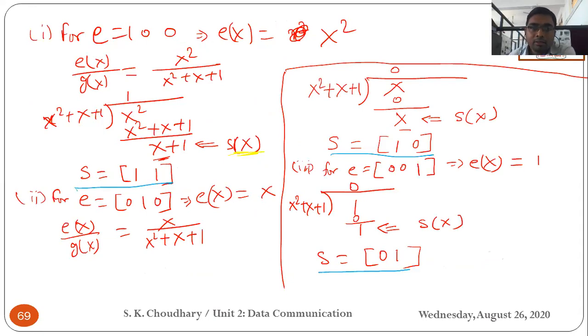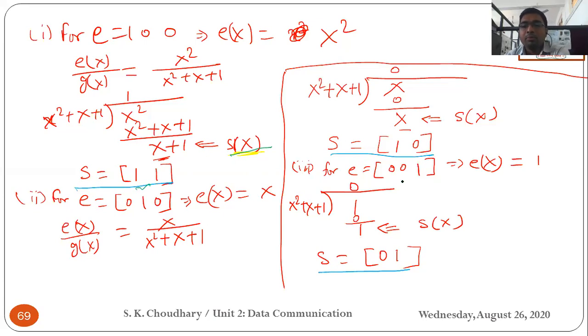You can see here that for the 3 error patterns, 3 syndromes are defined, and the length of the syndrome is always less than n, that is n minus k. So n minus k is 3 minus 1, that is 2. The length of the syndrome is 2 here, as you can see. For all 3 error patterns we defined the 3 syndromes, which become 11, 10 and 01.